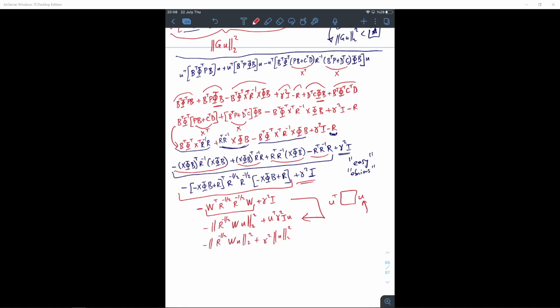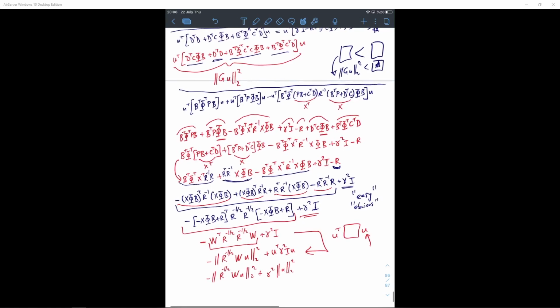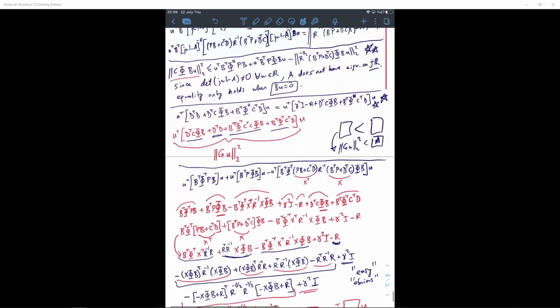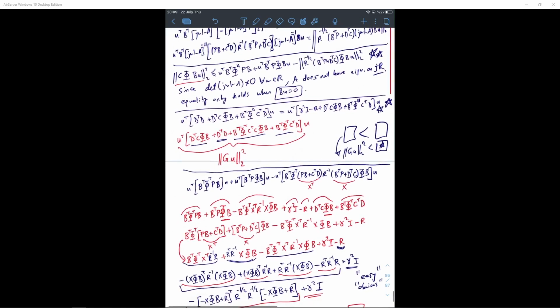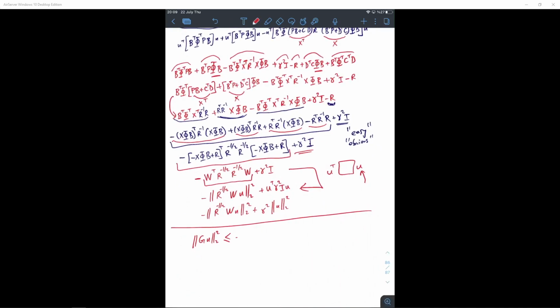Alright. What was the other term? Let's remember that term. Yeah, it is not that far away actually. This was the term. Let me just write this. G u square. This was like this, right? Yeah. Here. Okay. Minus